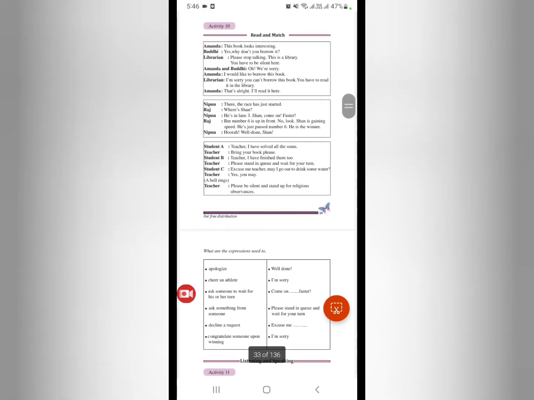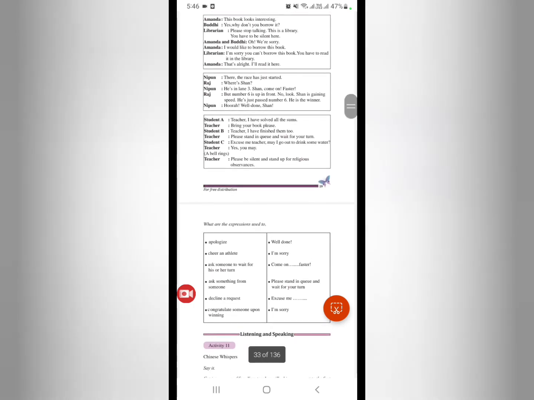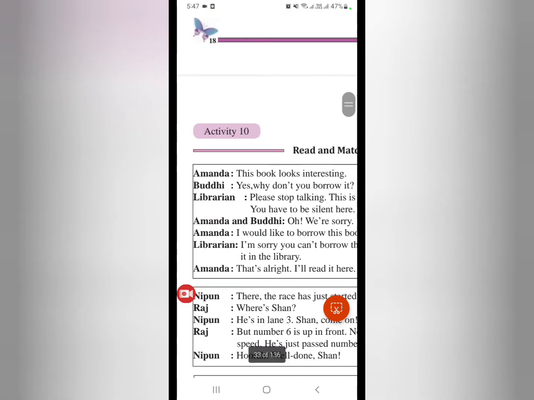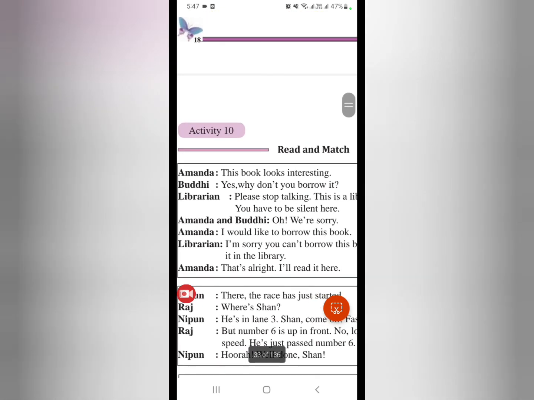We should read these conversations and then we should match the expressions which are given on the table. Okay, Amanda is saying, this book looks interesting. Interesting means